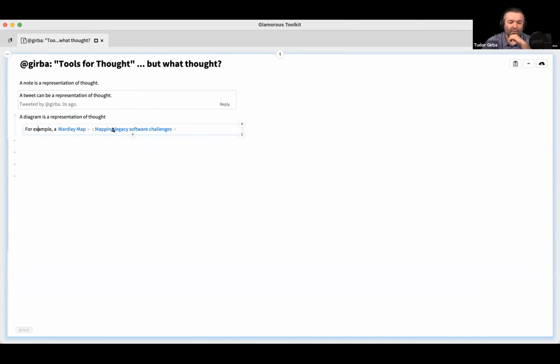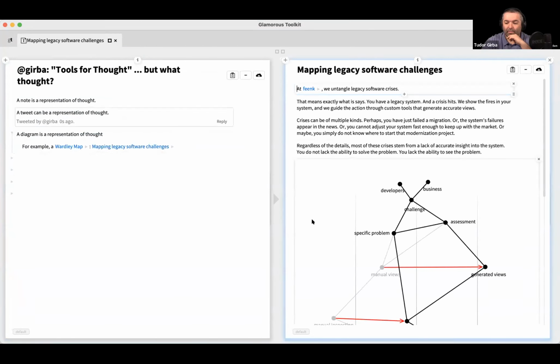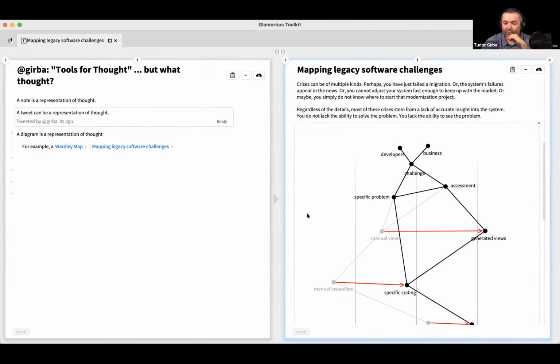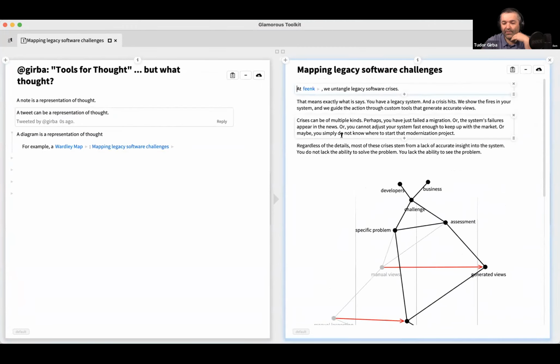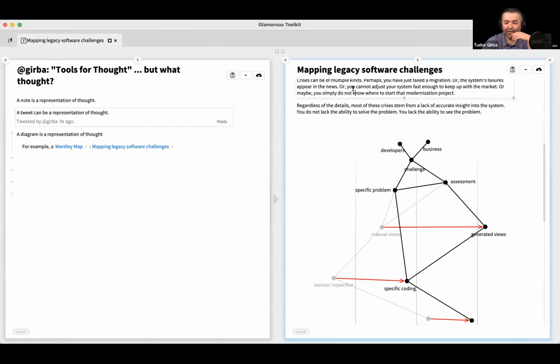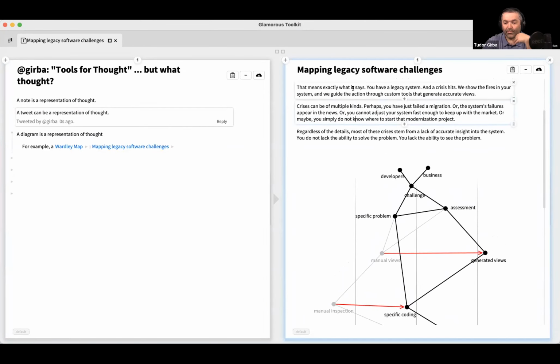If I click on this link, I go to another page, and in this page, first there's some sort of documentation, and then there is a Wardley map. A Wardley map is a diagrammatic way to reason about a landscape. And this is something that is totally editable, but it's also part of the same narrative. So when we think of a way to represent thought, we must think about languages.